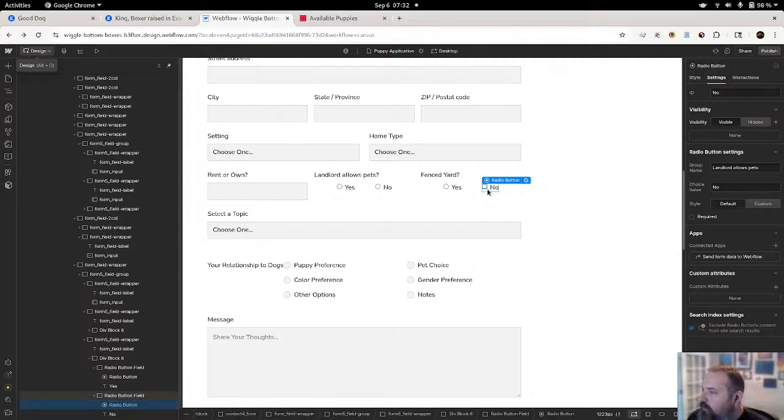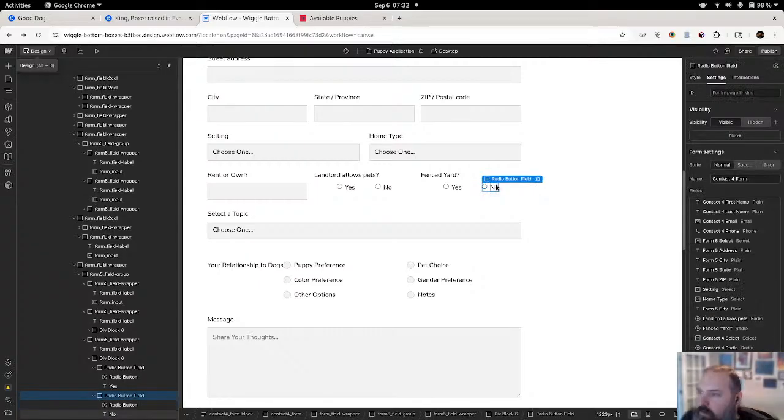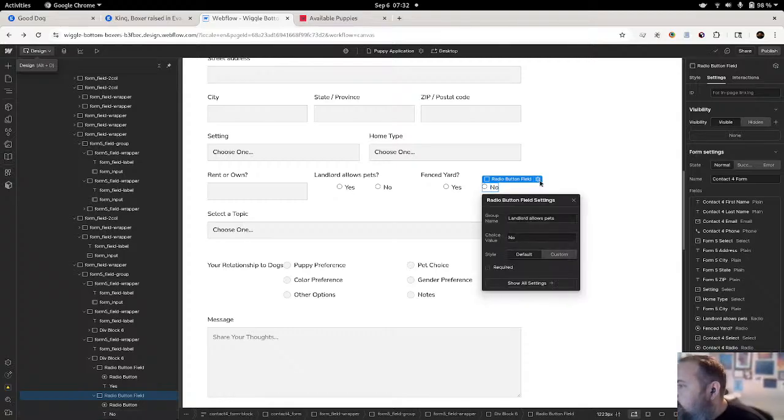Go to the radio button field. There we go. Fenced yard.